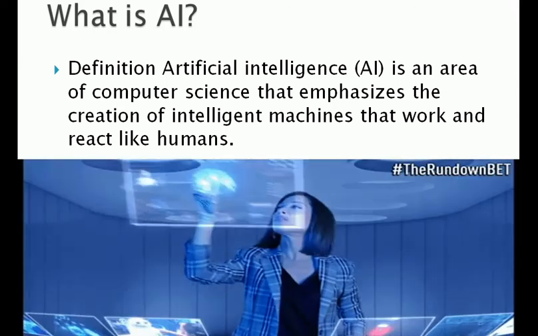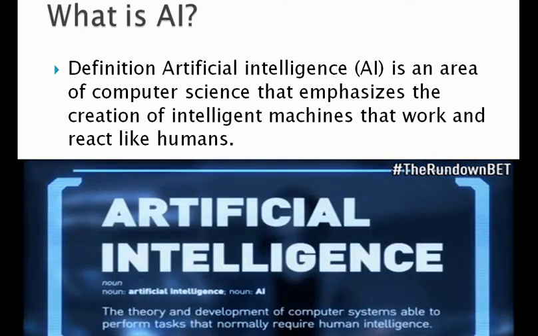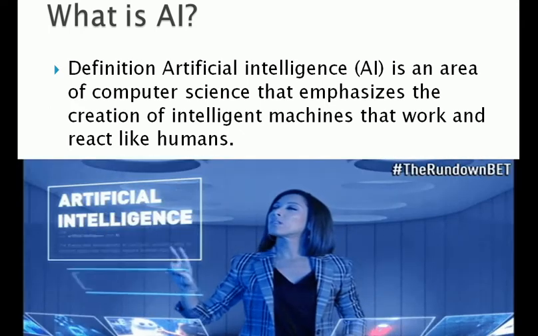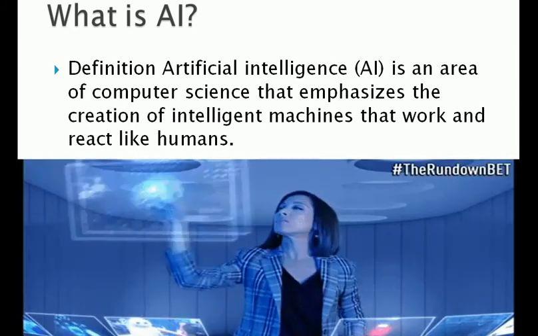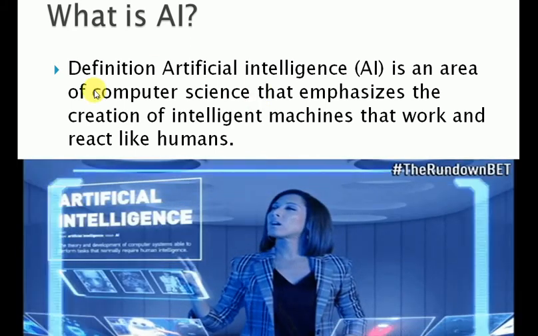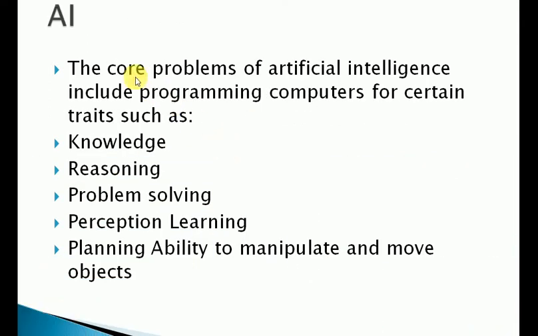It's not necessary that it definitely performs all the actions that a human performs, but we can develop any machine or any small device that works like a human, that reacts like a human. So the core problems of artificial intelligence include programming computers for certain traits such as: